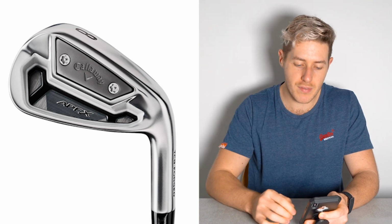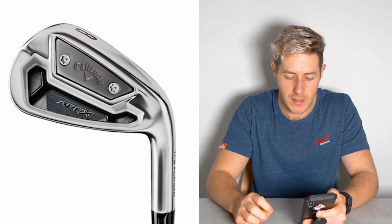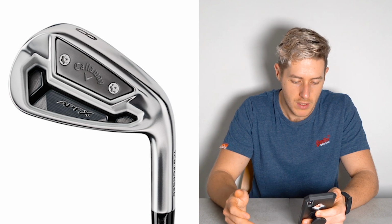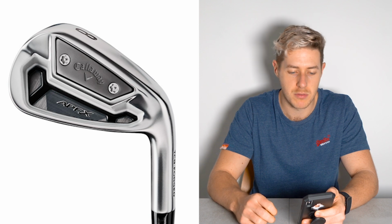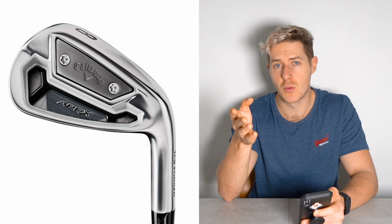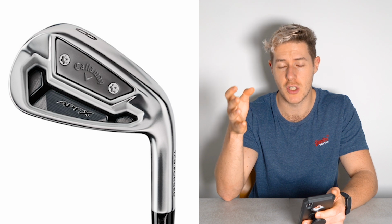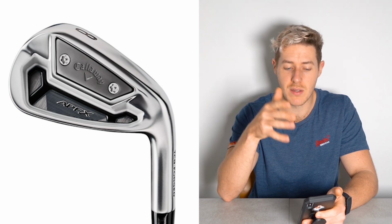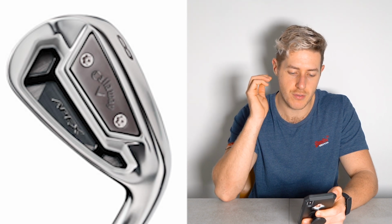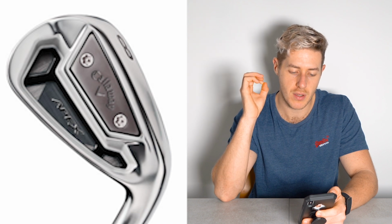It looks like they have a similar bit of technology to do with the weighting in the club head. It says it features a Tour-tuned faceplate on the back and tungsten weighting to maximize performance. If you guys didn't see the video I did on the X Forged irons, maybe check that out, because I talked a lot about new technology in those, which it sounds like this is going to be pretty much the same. It does say these are designed for tour players and elite golfers, so they will be quite traditional lofts,